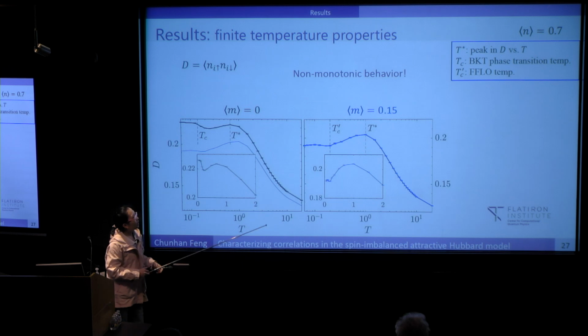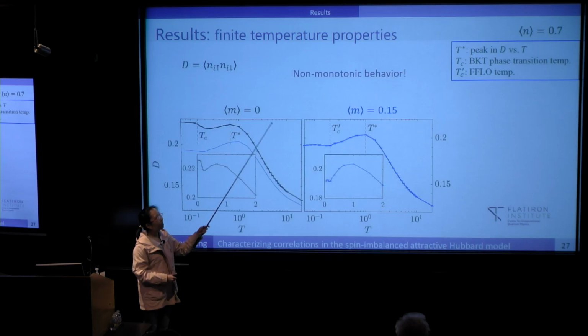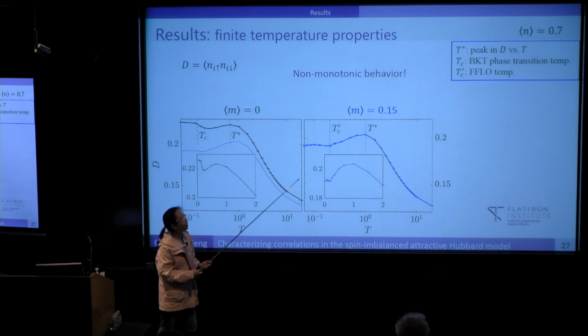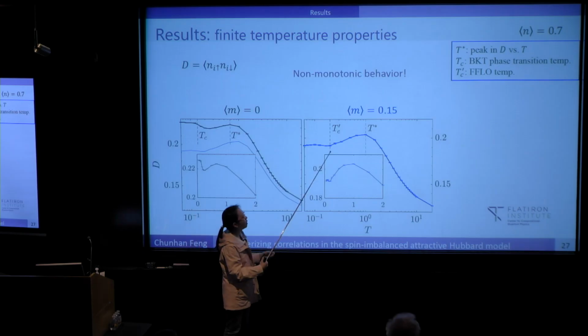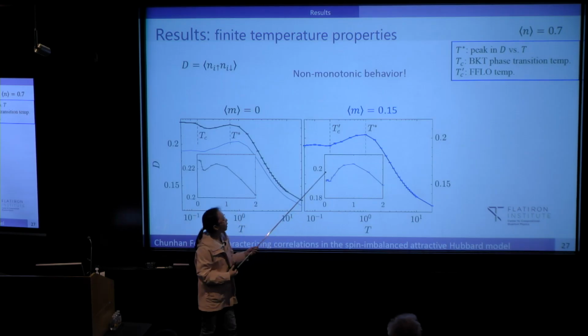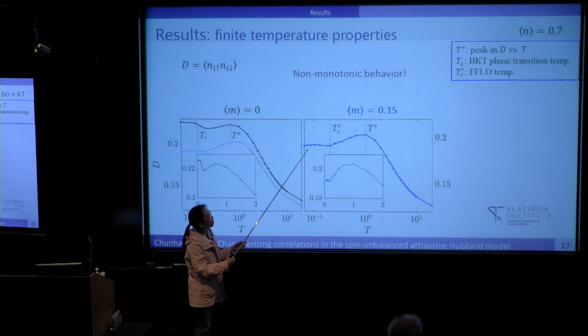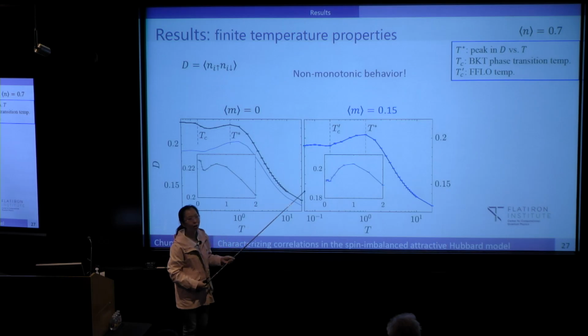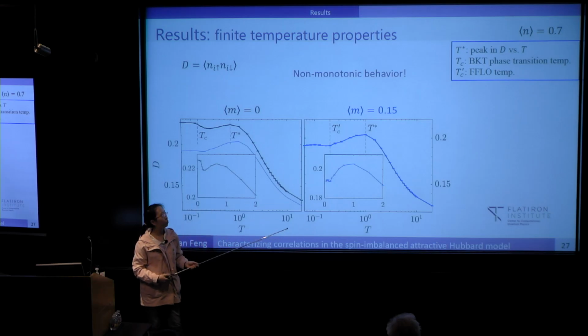Yeah, and by the way, the repulsive Hubbard model is at half filling, and for the attractive one, we not only say this at half filling, but also in the doped case at the density equal to 0.7. And for the spin-imbalanced case, we also see some interesting behavior. In the low temperature region, we didn't see a clear growing up in the double occupancy. Instead, the double occupancy is just suppressed in the very low temperature regime, probably just due to the formation of pairs with finite